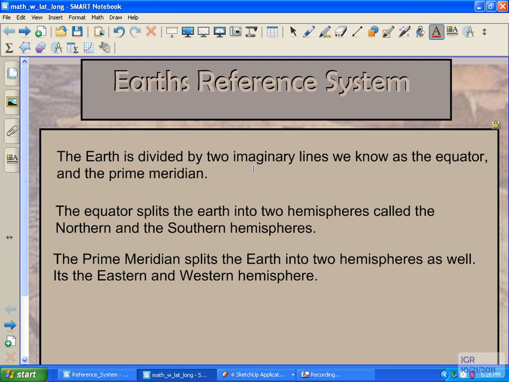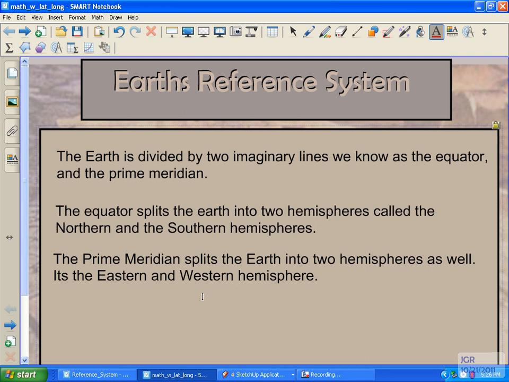Now the Earth is divided by two imaginary lines. We talked about these imaginary lines. They're the equator and the prime meridian. Something that's really key about the prime meridian is that it crosses exactly over Greenwich, England, and that's key to know. The reason why it's key to know is because in my research